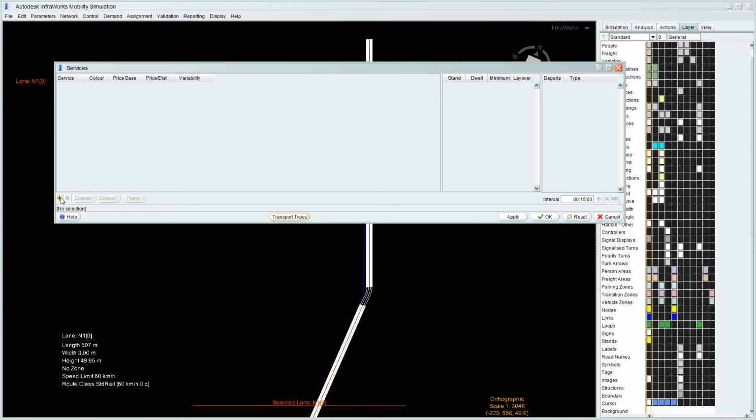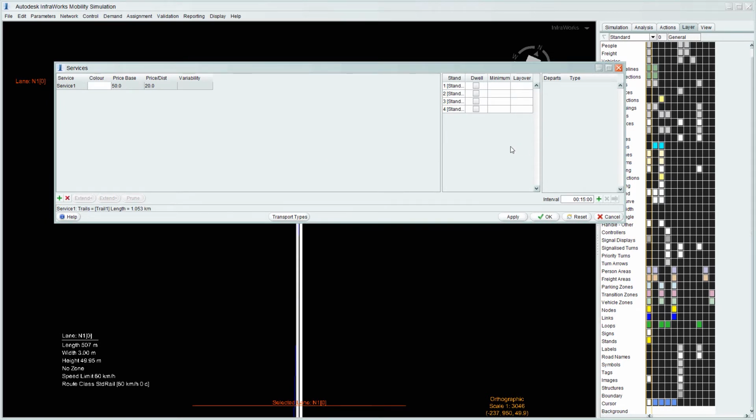And so what we can now do is hit plus to create the service itself. It's asking us which trail do we want to take that from, because we may have multiple trails, multiple branches, different routes that we want to model. In our case, it's just one, so we called it trail 1. So we just hit OK, and then a name for the service. It's defaulting to service 1. That's okay. We can use that.